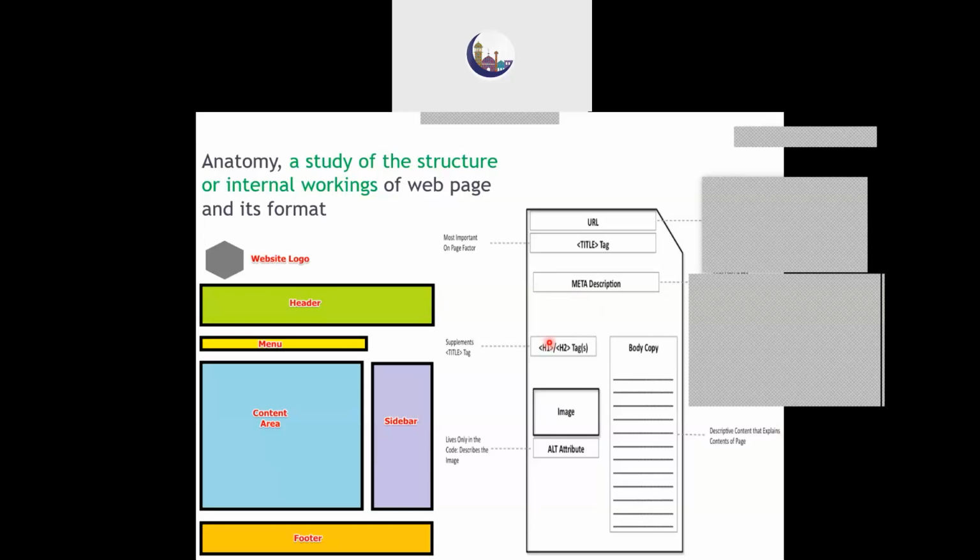Next come the tags which will make this web page appear. In the content area, you will keep an image, a heading, and below the heading, you will describe what the web page is meant for. To keep the heading, you have H1, H2, and so on till H6. We'll come to know about all of them. Then to keep an image, you will have an image tag. Then this alt attribute is very important.